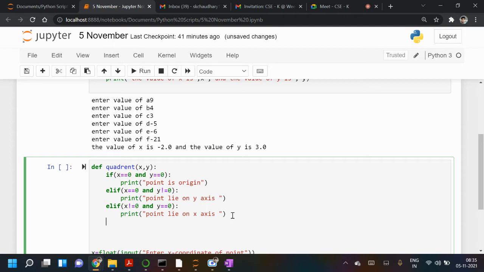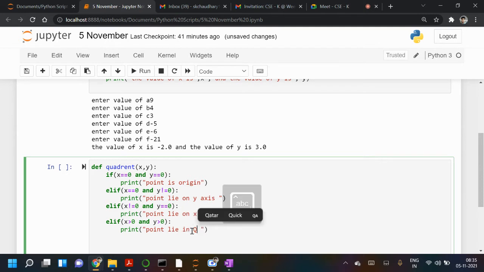Okay, and if both are non-zero, then if both are positive, like x is strictly more than 0 and y is strictly more than 0, okay, so what will happen? So point lie in quadrant 1.